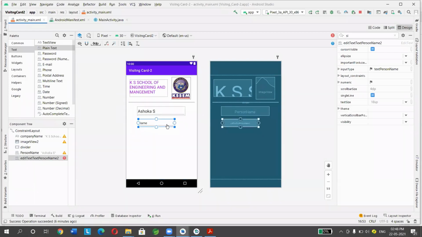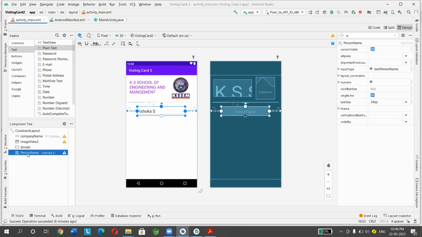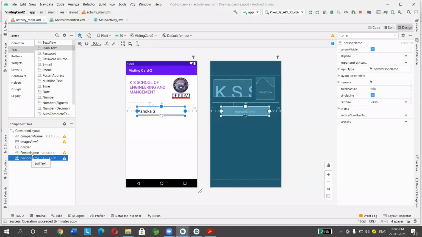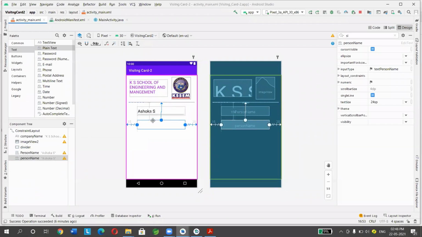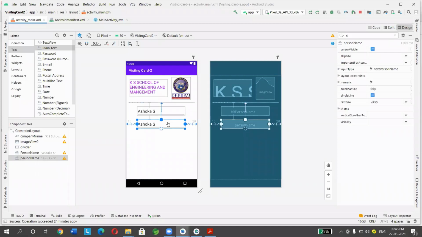So instead of doing that, you can select the existing plain text, the person name, click on this, and press Control C and Control V. I'll copy one more. So I'll get one more plain text which is already constrained, which means the layout is already set, so I don't want to set it again. It will reduce your time. So here I'll change the ID.